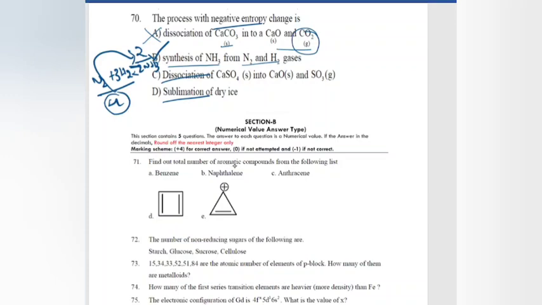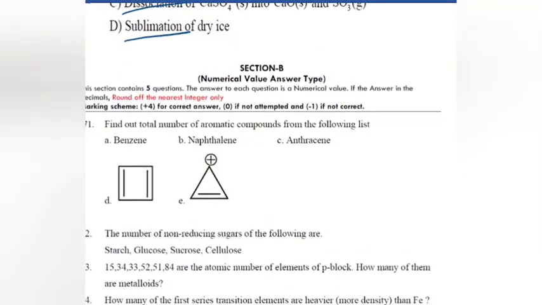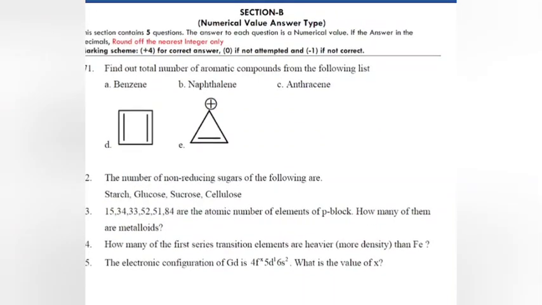Find out the total number of aromatic compounds in the given compounds. This aromaticity concept is also very important. Suppose you consider benzene, it is aromatic, naphthalene is aromatic, and no doubt anthracene, with fused rings of benzene, is aromatic. This one is anti-aromatic. We know the 4n plus 2 pi Huckel rule, but it has only 4n pi electrons with